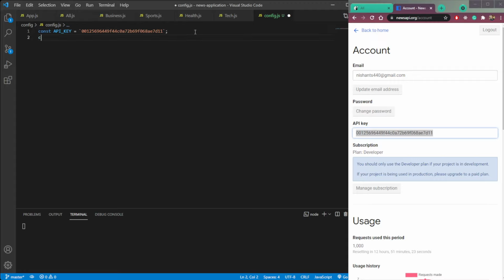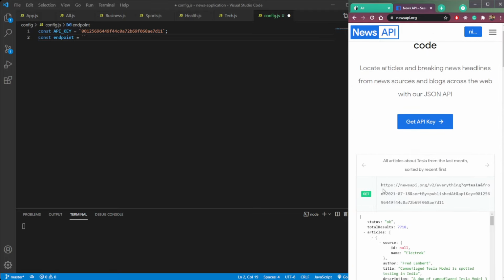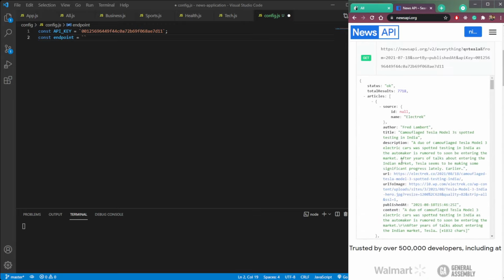Then we need the endpoint. So const endpoint. To get the endpoint, go back to home and copy this news API v2. Okay, we cannot copy from here.